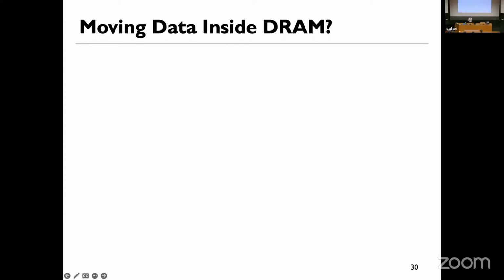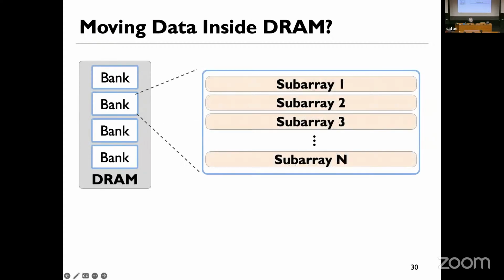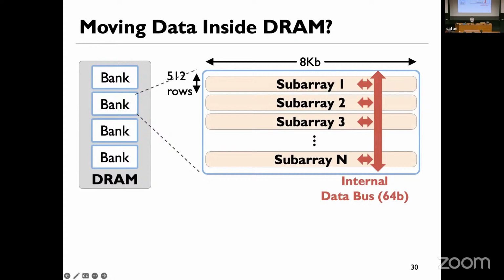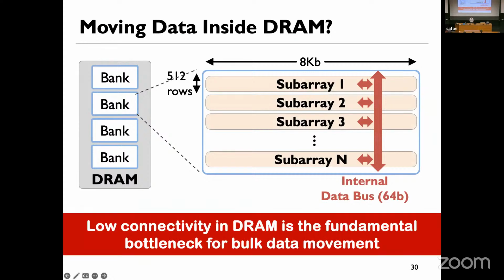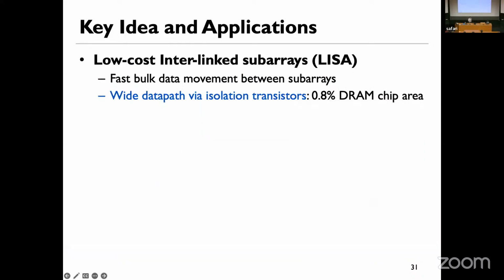I'm going to briefly mention the way that we can enable moving data more efficiently across different DRAM subarrays inside the same DRAM bank using this LISA approach. The main takeaway here is that there is low connectivity across the different DRAM subarrays, which limits the throughput of these row copy operations inside the same DRAM bank. And we can fix that by simply